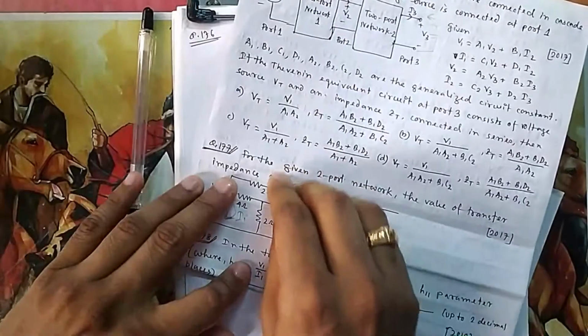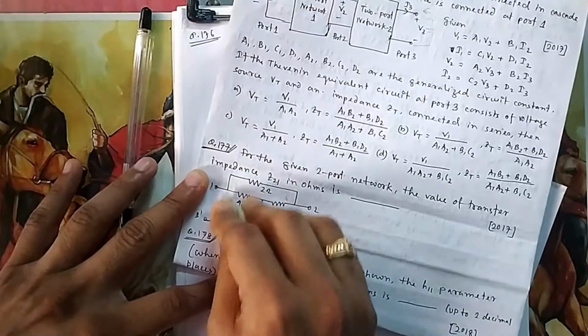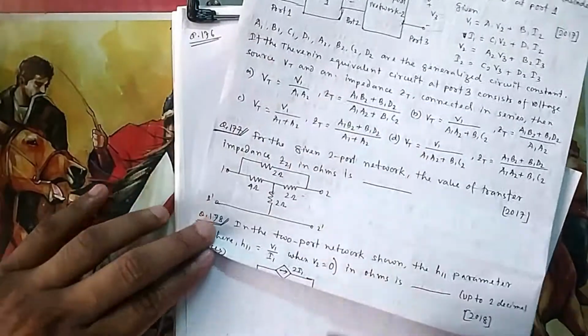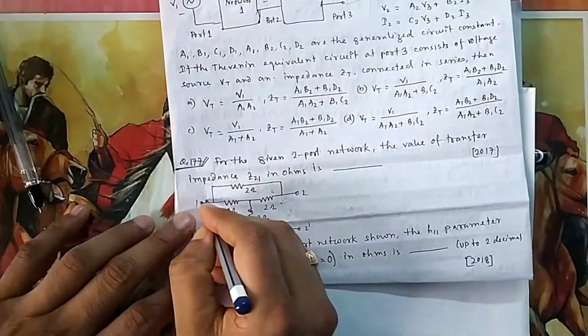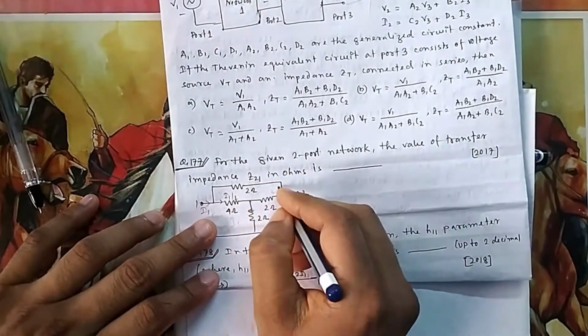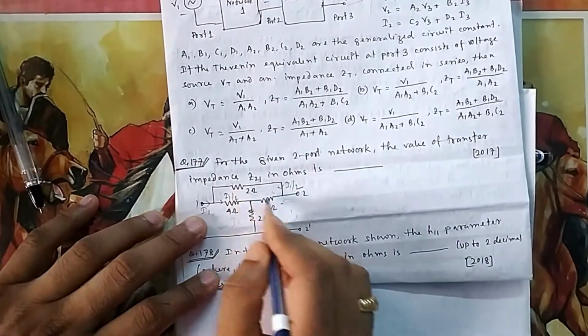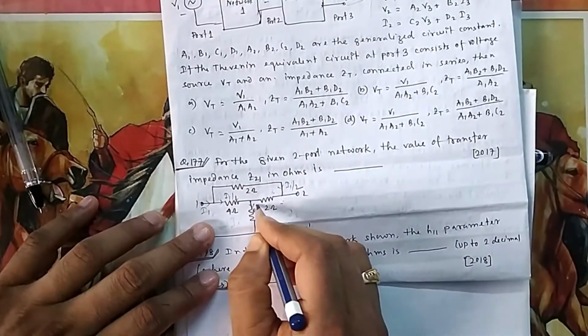KVL will give you the whole Z, but there is no need. You can try with KVL, there is no issue. But if you calculate normally, this is my I1. So this one will be I1 by 2 and this one will also be I1 by 2, because this is 4 and this is also 4. 2 plus 2, 4. And ultimately this will be your I1.